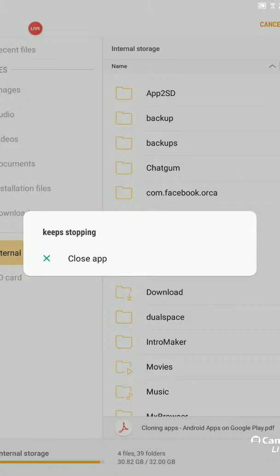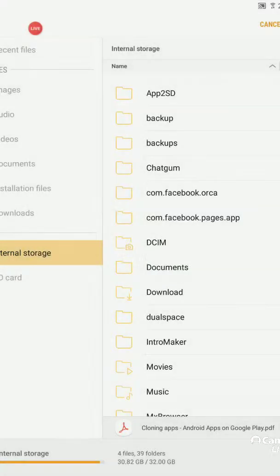Not the files on the SD card, but my storage on my main unit, on the device. Because I'm looking at the file list right now, and it's showing